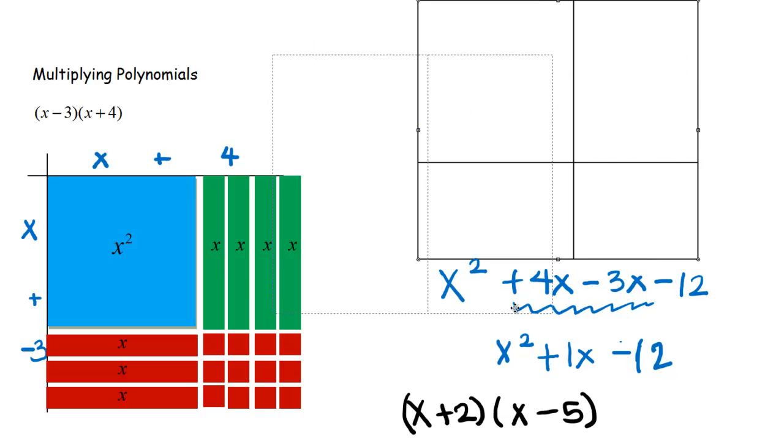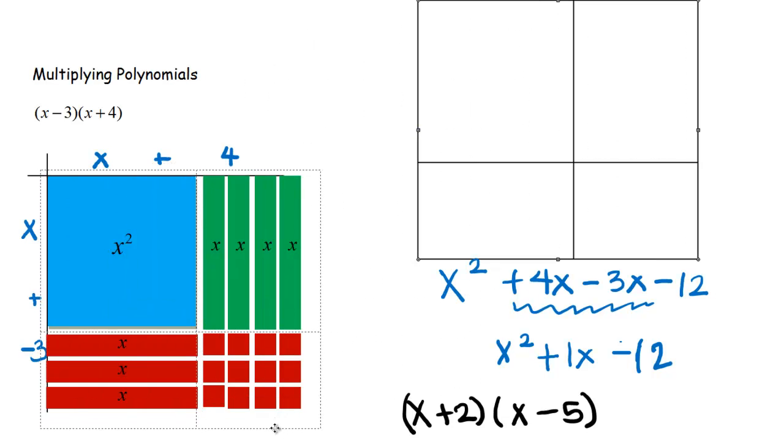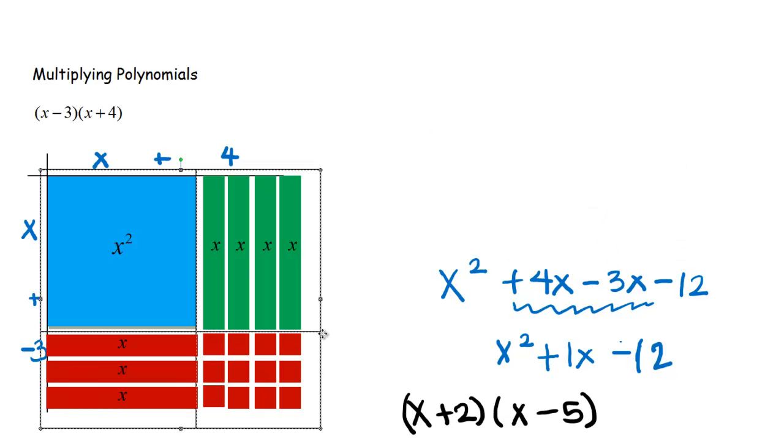So what I want you to do is understand and classify this information kind of like that. Let's scoot them over just a tad. If you notice my box, everybody's kind of separated into there. This times this, this times this, this times this, and this times this in this area. Now that I understand and have the foundation of why this piece is here, why this piece is here, and why this piece is here, now I want to take that information over here